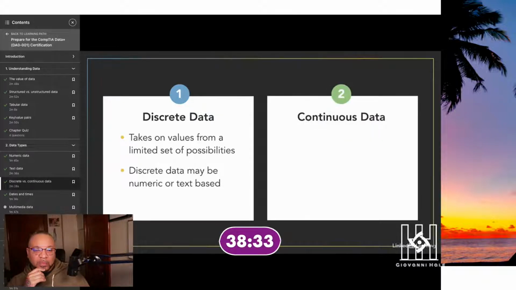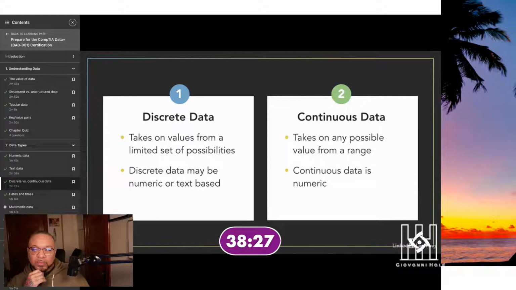Continuous data, on the other hand, is data that may take on any possible numeric value within a range. Now, there are infinite possibilities for continuous data elements. For example, consider the height of an adult person measured in inches. Human beings have a normal height distribution ranging from about 55 inches to around 85 inches. Within that range, an individual person can take on an infinite number of possible values. For example, I could be 71 inches tall, 71.5 inches tall, 71.52 inches tall, or even 71.52481 inches tall. We could come up with as many possible values as we'd like.